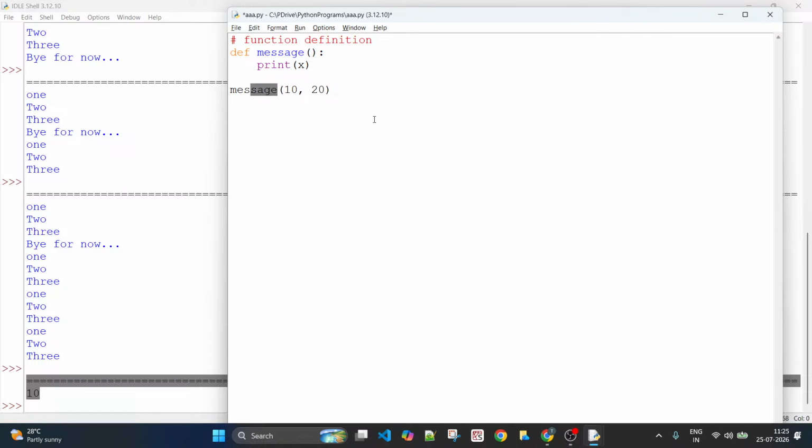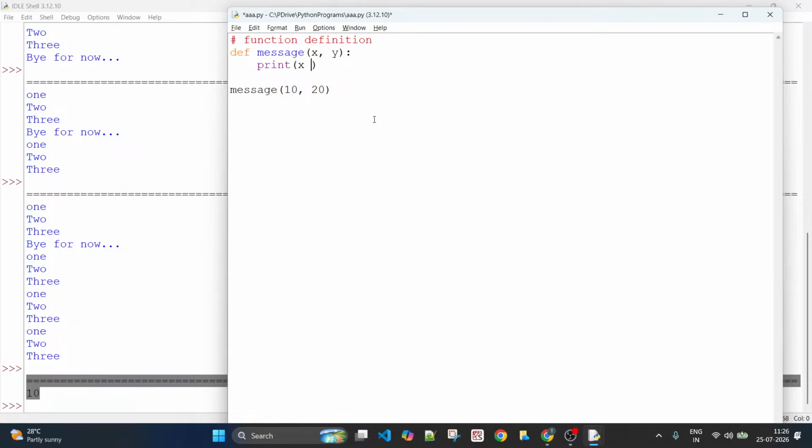You are calling the message function. While calling, if you write something in these braces, it means that you are making a call to that function by passing some data. When a function is receiving some data, here message is a function that is receiving the data, you need to collect it into some variables. So here these are called parameters. 10 and 20 are arguments, and x and y are parameters to the function message.